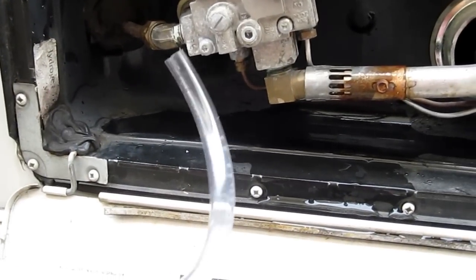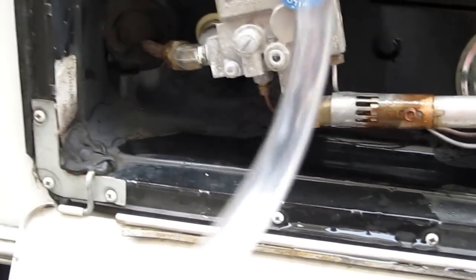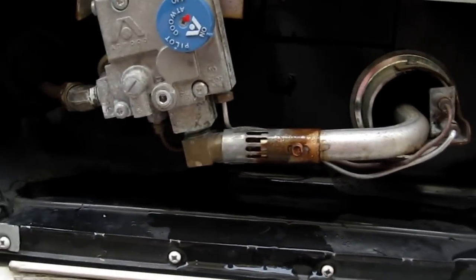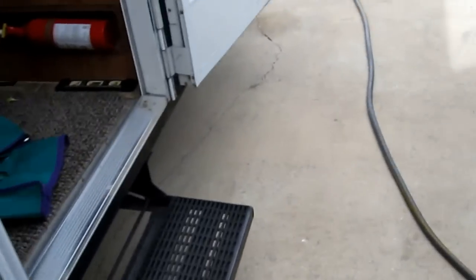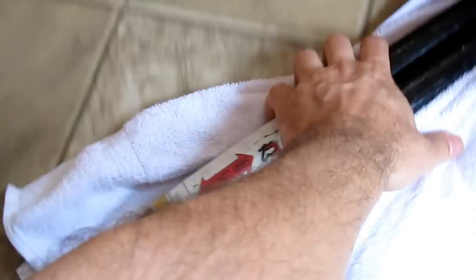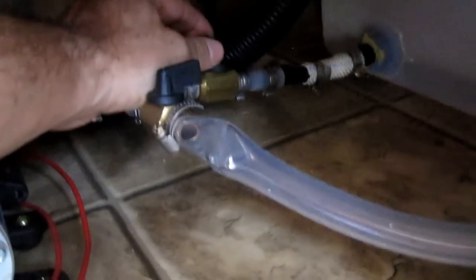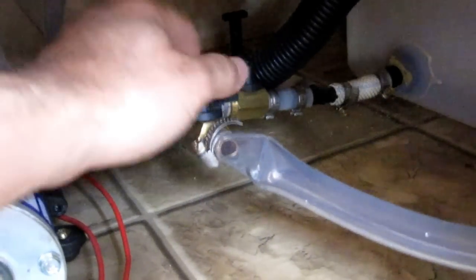I do that a few times, and after it's done, I put back the plug, and then after that you go inside, and it's a 6-gallon Atwood. So I went and bought 3 gallons of vinegar, and then you go underneath the sink here, and you've got your pump assembly. What you do is you turn the valve off to the fresh water, which is off now because I never use the fresh water, and then you turn this valve on,